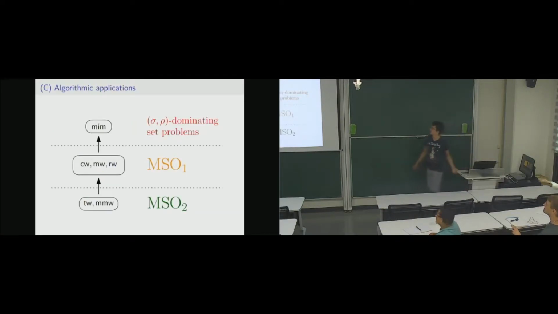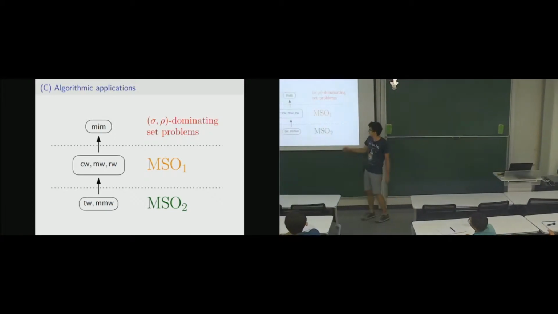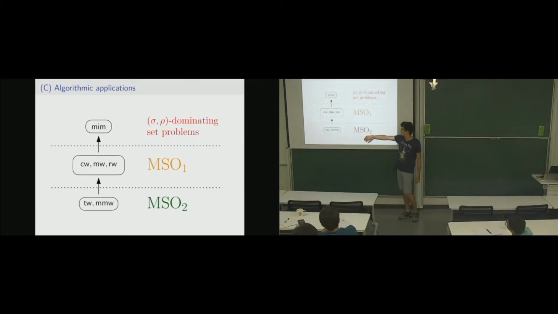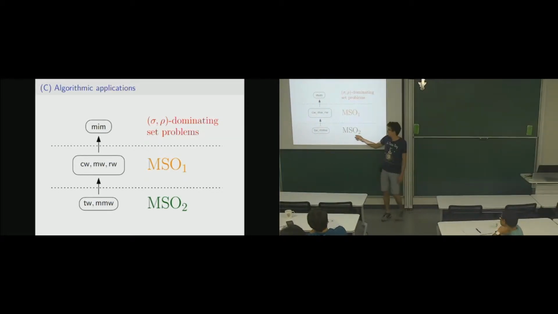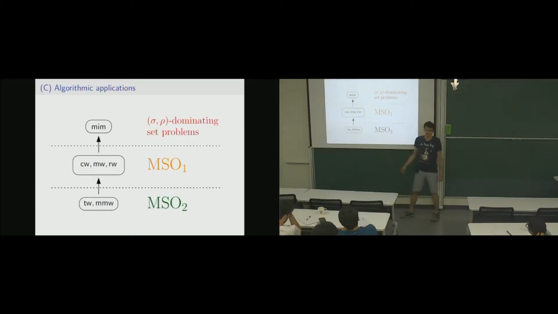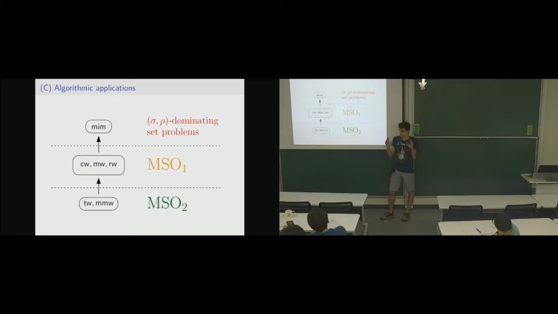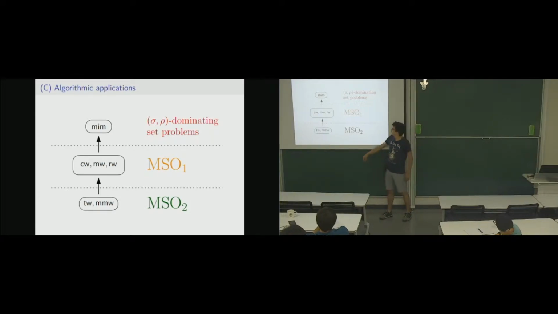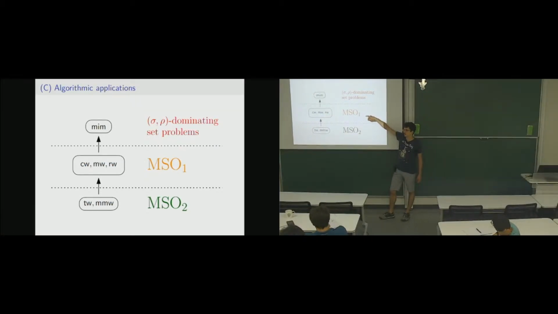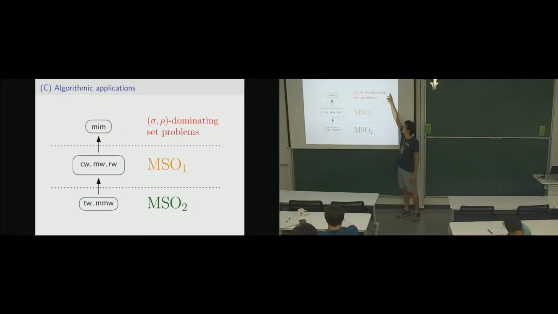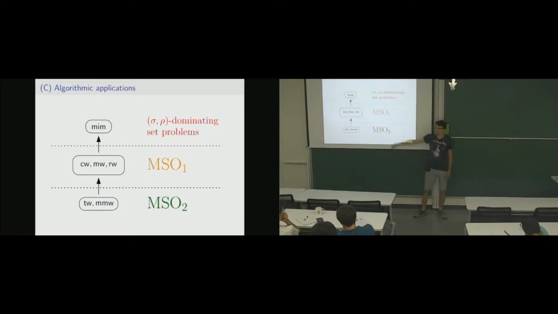For the algorithmic applications, there are some meta theorems. There is Courcelle's theorem, which tells that every problem which is expressible in MSO2, which is some logic, is FPT parameterized by tree width, if the size of the formula is constant. There is also the same theorem for clique width, but with a more restrictive logic, MSO1. And for min width, we don't have such meta theorems, but we have a meta algorithm which tells that we can solve all problems that belong to some family of problems, for example.